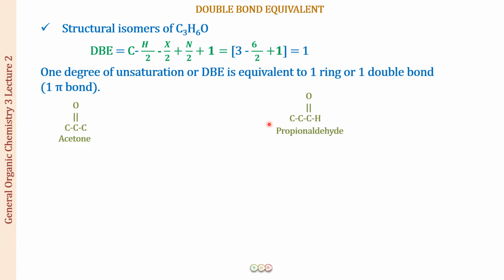Think about it, right? We have one oxygen, and one oxygen was present when we had an OH, that was an alcohol, and when we had an ether. Can we draw any structures for alcohols and ethers? What we require is a double bond, right? I cannot put an OH attached to a carbon by a double bond for the alcohol, but can't I put a double bond between two carbons and draw a structure? Yes, I can. So why not do that?